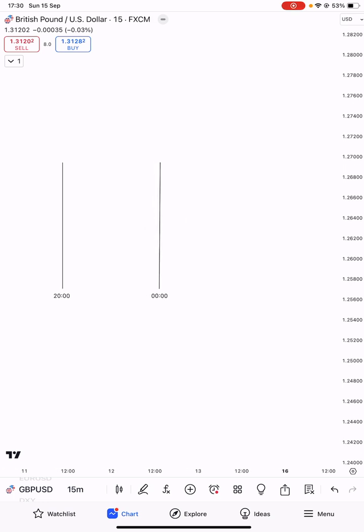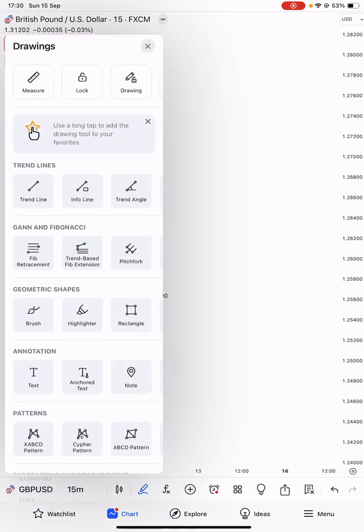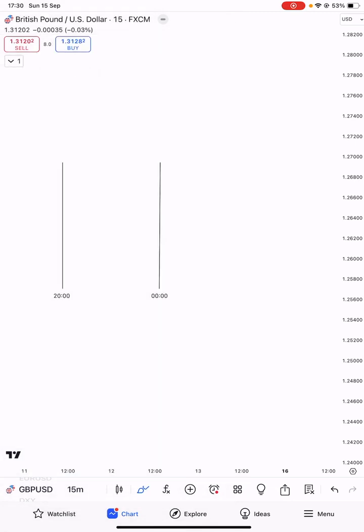Okay, so Asia is from 20 to midnight. Why? Because most of the time, if you go back in your chart, you'll see a spike in volatility at 20, so 8 p.m. New York time. So that's the Asian session, and I say Asian range because, obviously, the Monday range model is